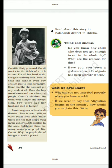The actual definition of digestion is the breaking down of complex substances into simpler substances. I mean, whatever we are eating, carbohydrates, proteins, fats, vitamins, minerals, they are all considered as complex substances. So we have to break down complex substances into simpler substances which the body can absorb and utilize for a normal